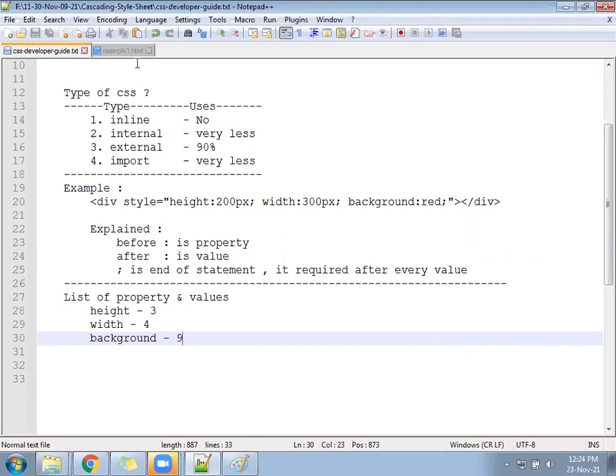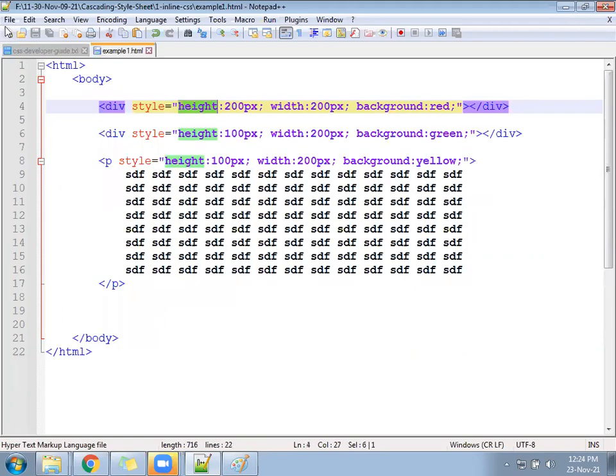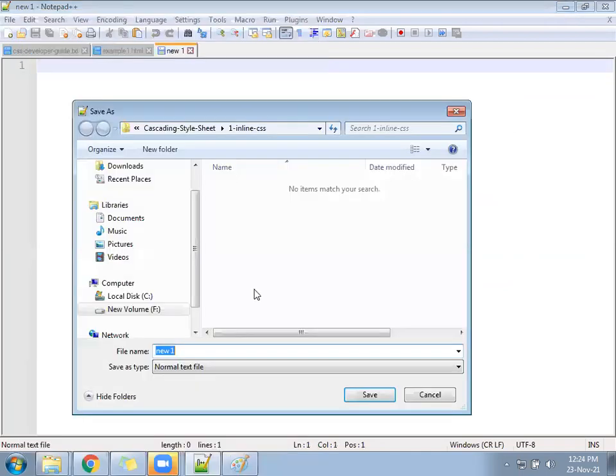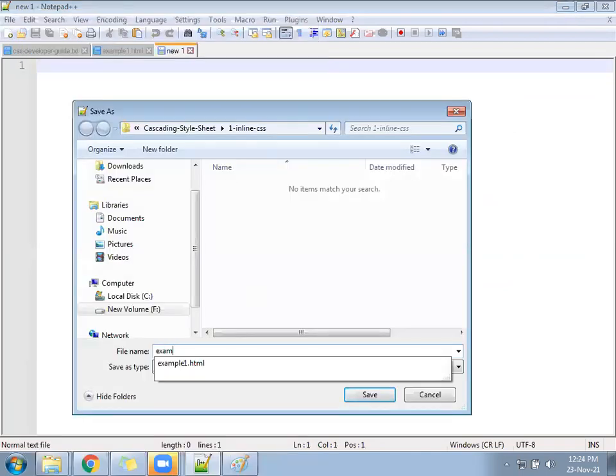Okay, so we'll go there, the example2.html file.